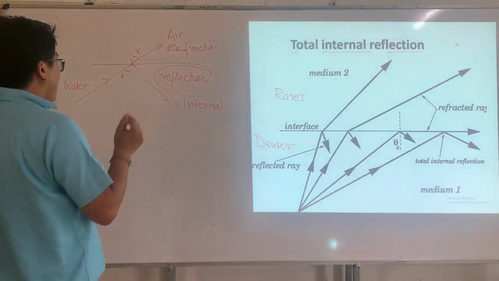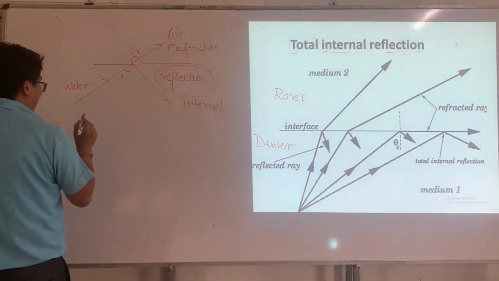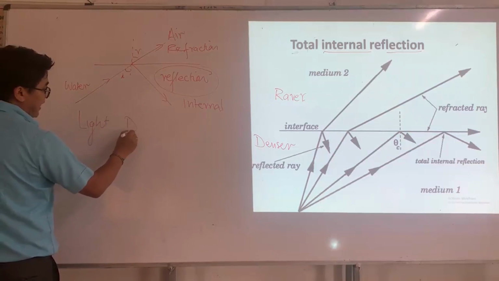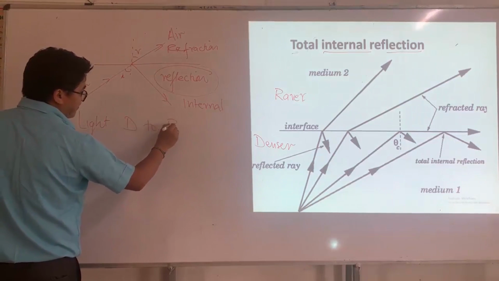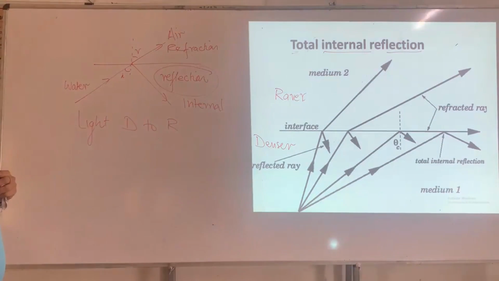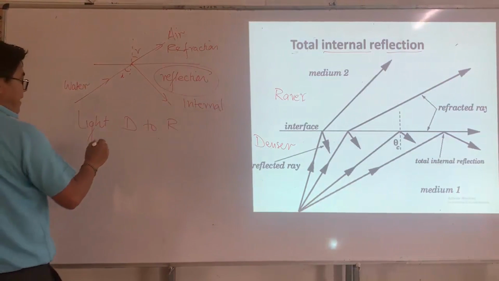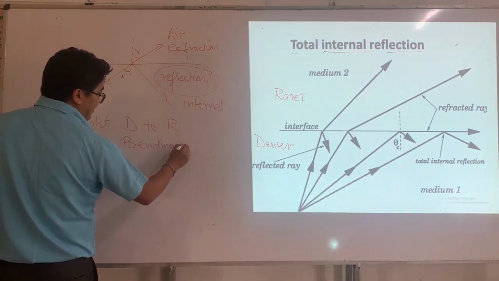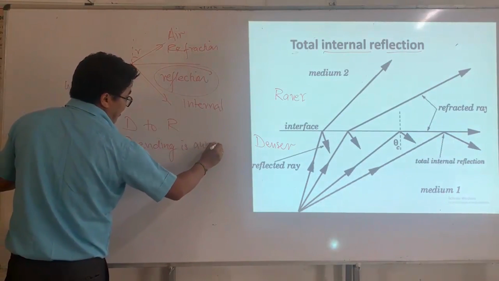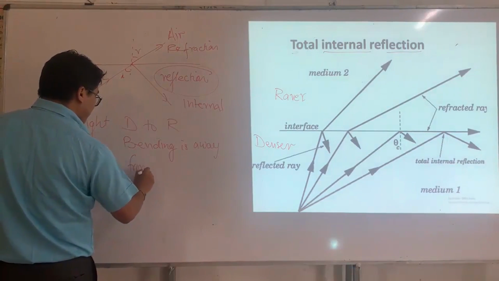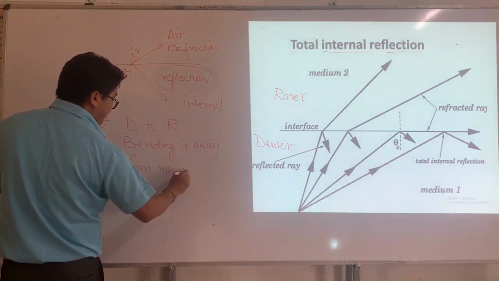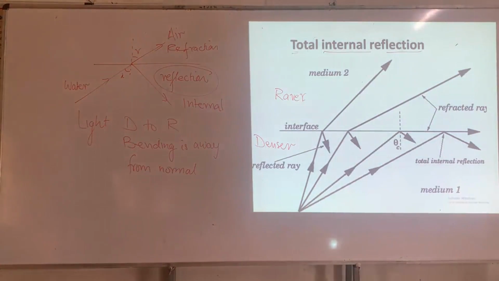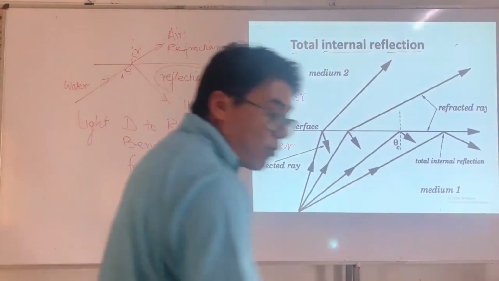Alright. So let's say, again I'm going to write, when a light goes from denser to rarer, bending is what? Bending is away from normal. So when I say bending is away from normal,